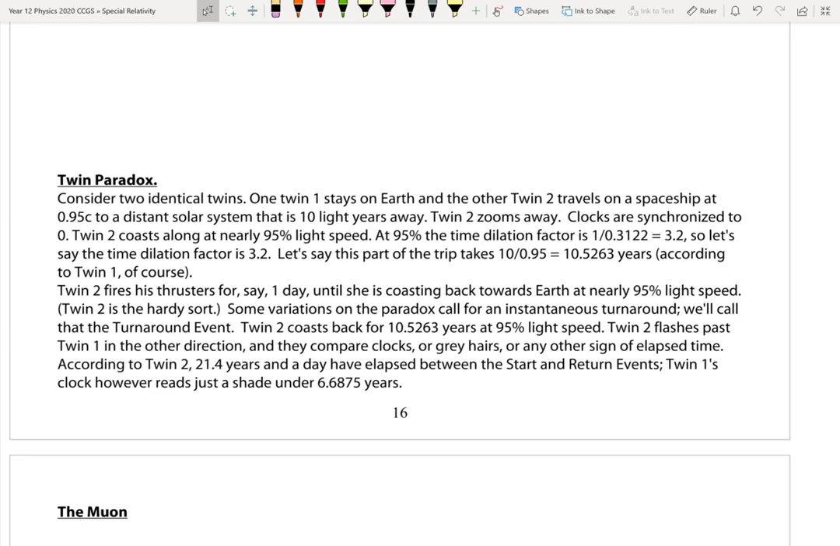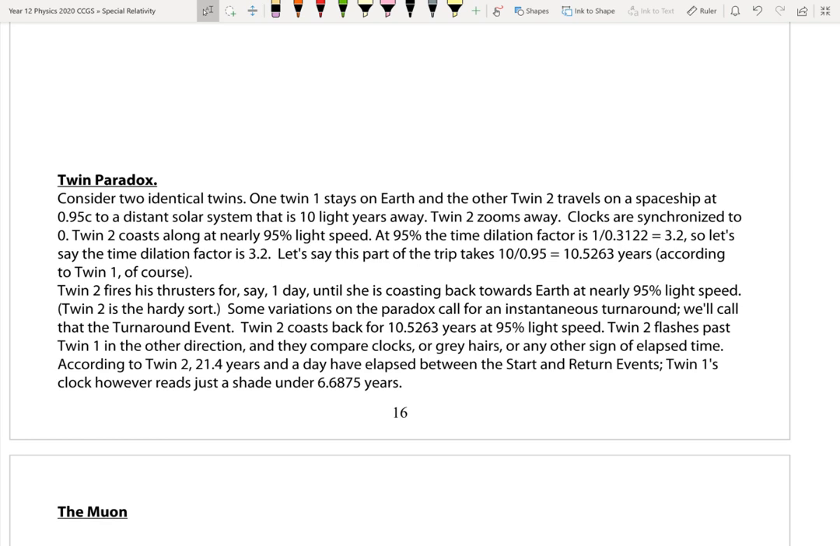If we stayed on Earth and one of the twins jumped on a spaceship, travelled away at 95% the speed of light to a distant solar system, 10 light years away. That's going to take just over 10 years to get there, 10.5 years, and then turn around very quickly, come back, another 10.5 years. 21 years would have elapsed. The twin that stayed at Earth would have aged by 21 years. So a 30-year-old astronaut is now 51 and a half, and he's old and grey. However,